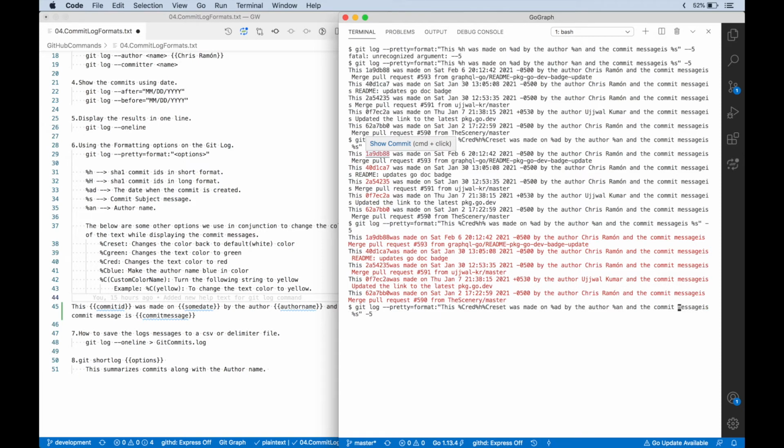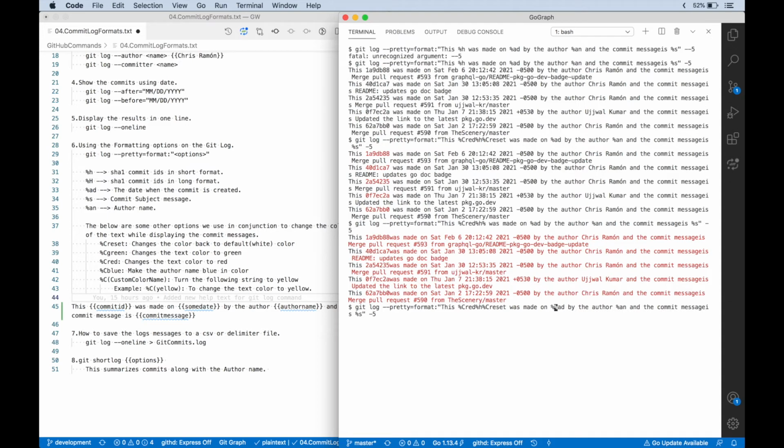Similarly, there are a few predefined color specifications we have, which Git proposes out of the box. If you wanted to use a different color, like a custom color, there is no yellow color that has been predefined earlier.